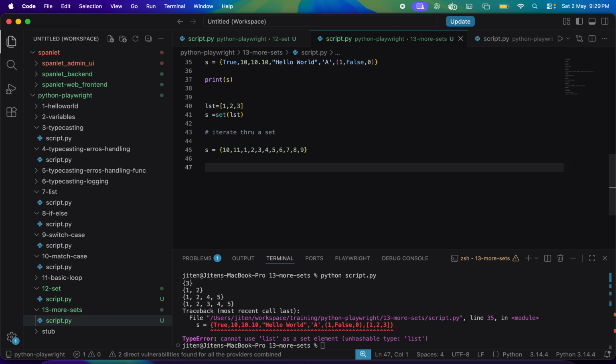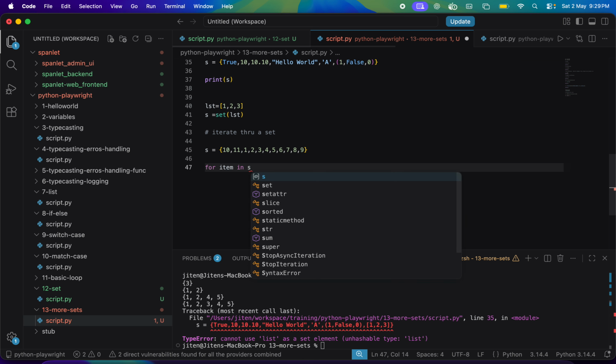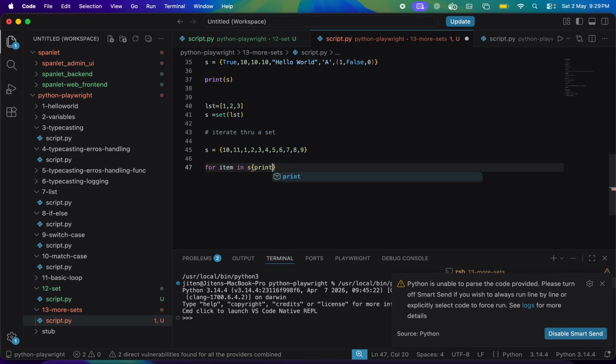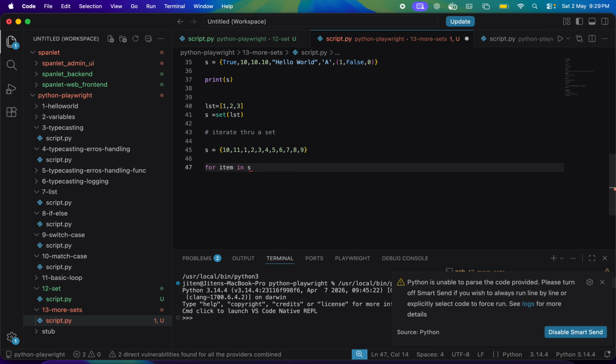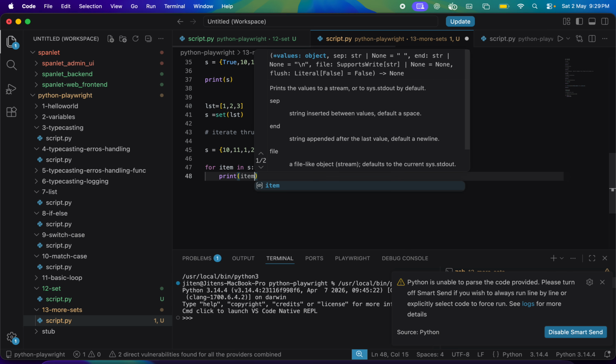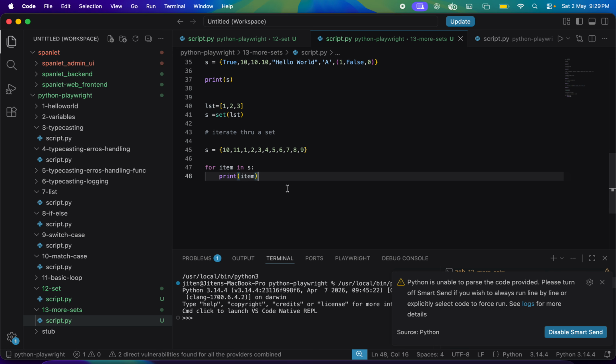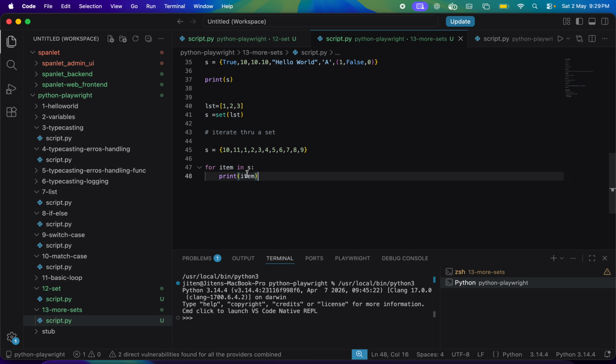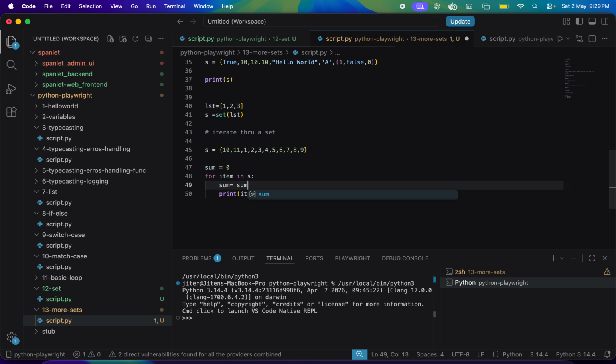The best thing is for item in S. Right now, I'm not doing anything in S, I just print off item. If you want to print a sum of numbers, you can do that. Let's say sum equal to 0. You can also do sum equal to sum plus item,